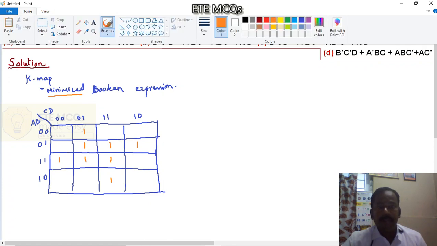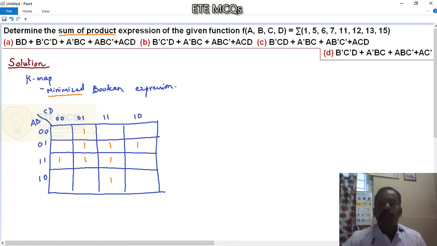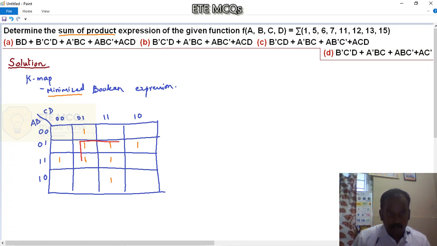But the idea is to go for minimum grouping. The probable mistake many will make is that the very first grouping they take is the grouping of these four ones. Let me do it the incorrect way. This is completely incorrect, that is why I'm putting it in red. So you shouldn't go by this method.